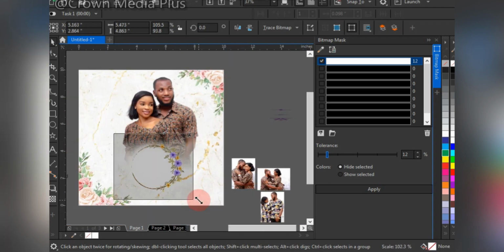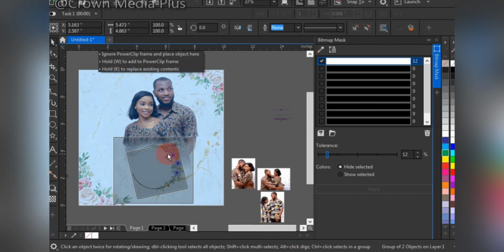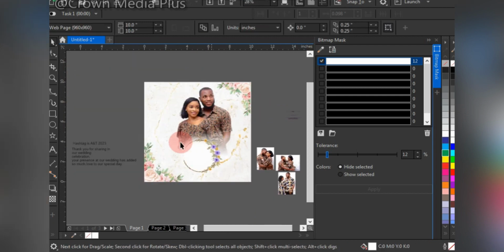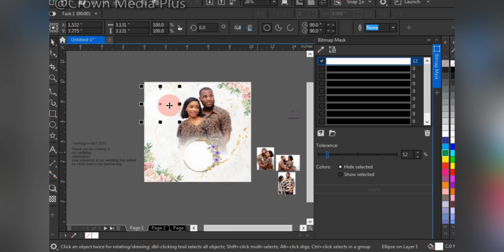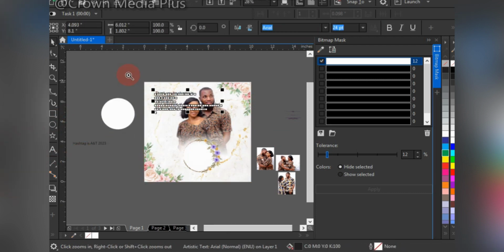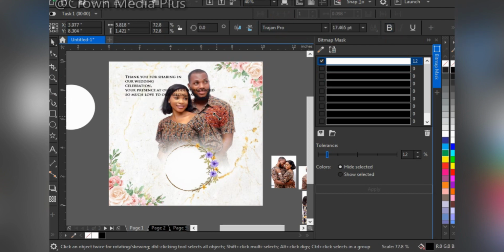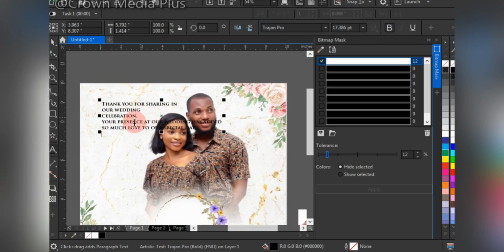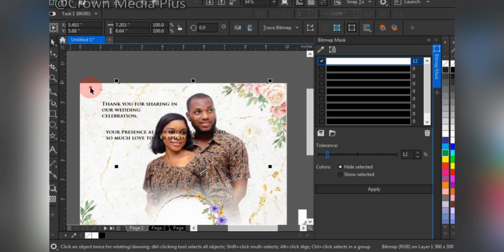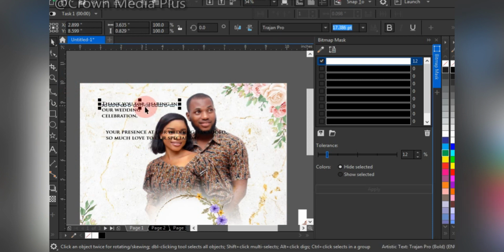I'm adjusting the Gaussian blur effects. I'm drawing a circle. Then your text, change the font face. Cut, Ctrl V, the shortcut Ctrl K to break the text, enlarge by dragging with